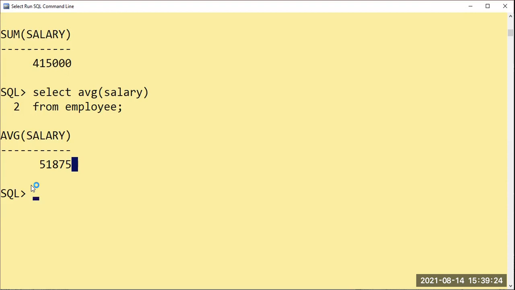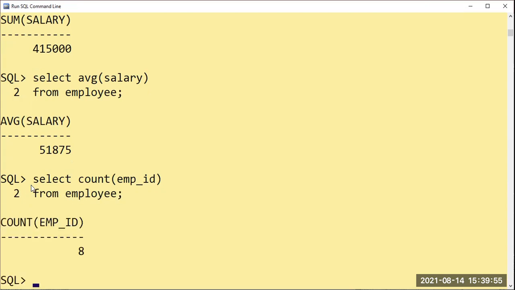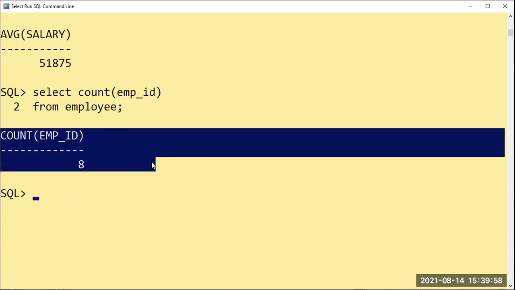So you want a specific number of students, number of employees or number of products counted here. Say, the number of students who have scored above 95, I want that quantity value. For that purpose, you can use count. Otherwise, the number of employees working in the respective department. Many things are there. Right now, a simple query: select count employee ID, not by salary, because we are calculating how many employees are there. Select count employee ID from employee table. Then here, 8 are there.